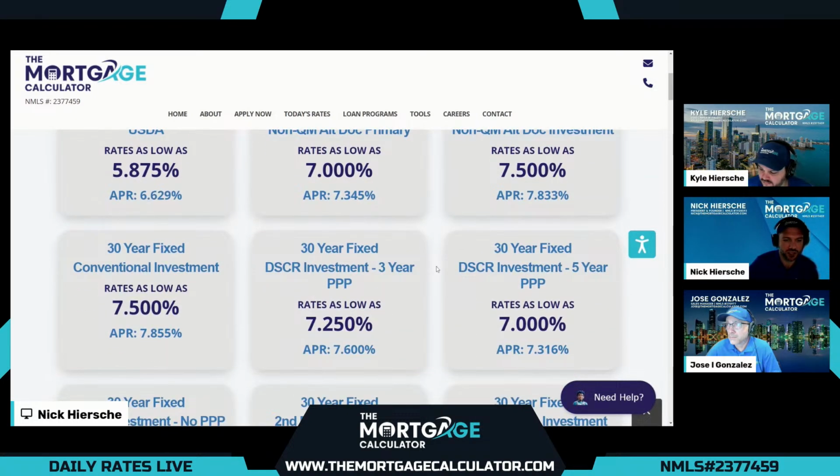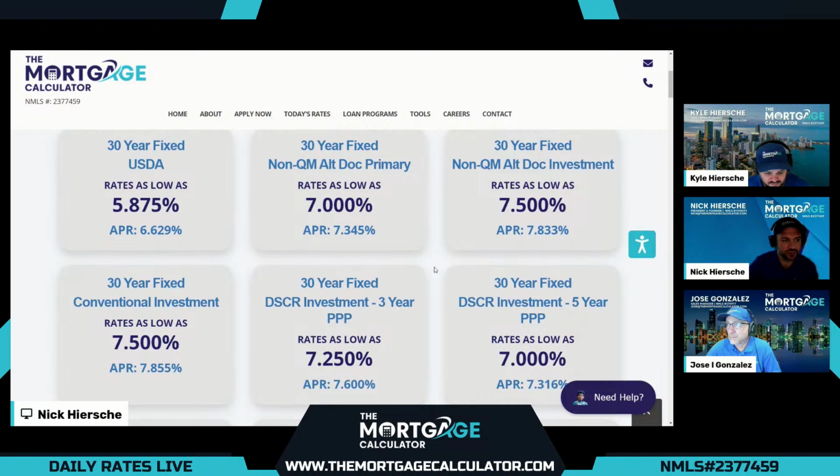So let's compare that to our other investment property options. Next up is our conventional option. Remember, government programs, USDA, FHA, VA do not work for investments, but we do have our conventional option. So for a conventional program, rates come in at 7.5 today. Final APR 7.855, almost identical to non-QM alt doc,